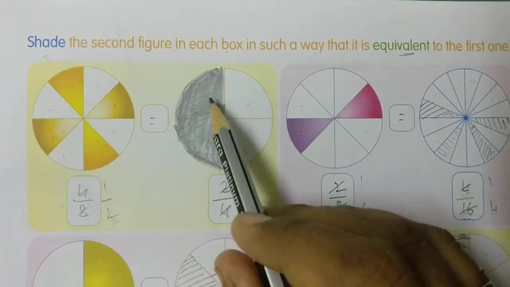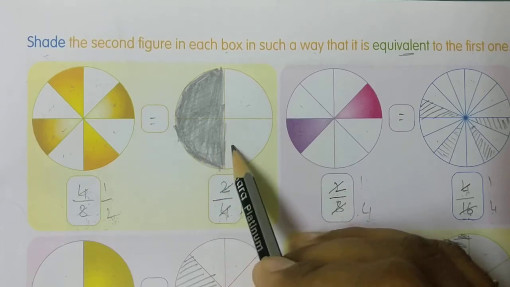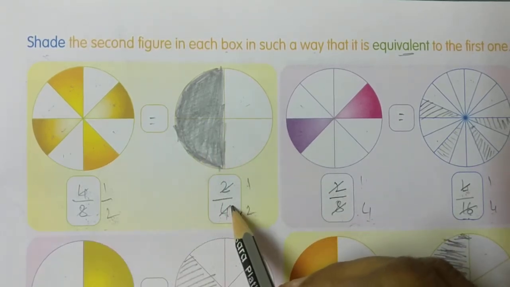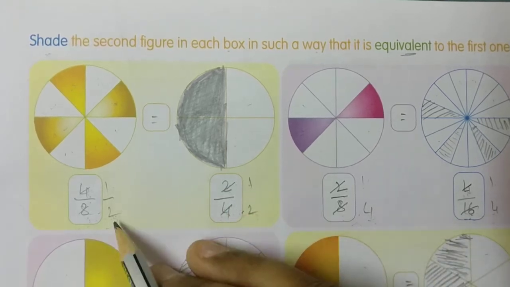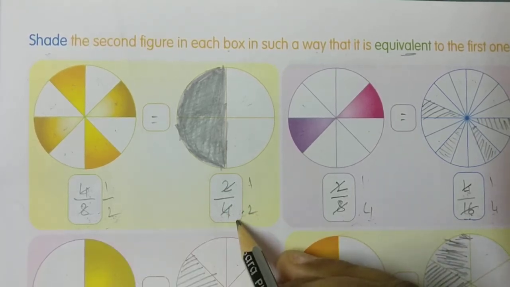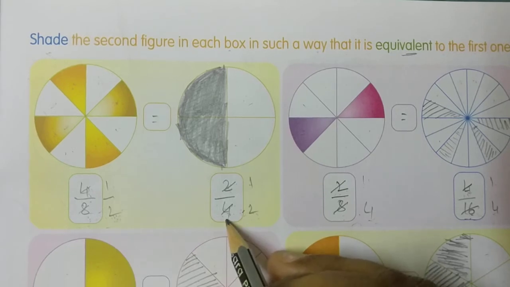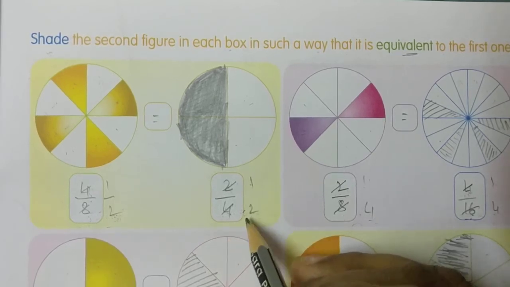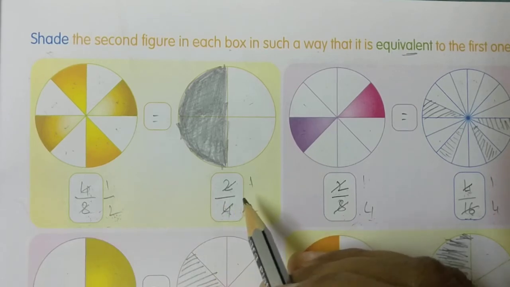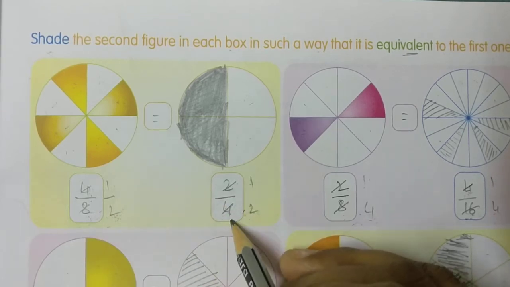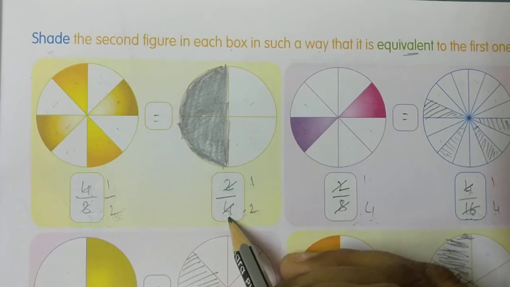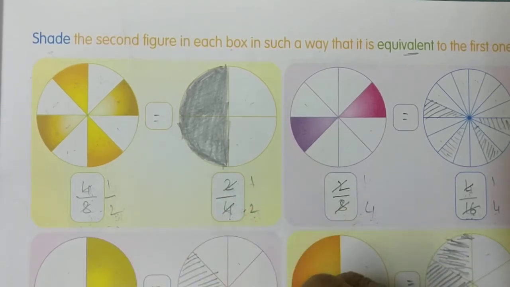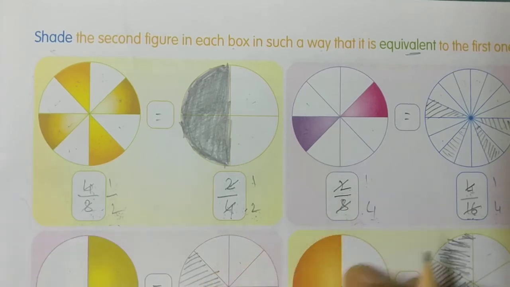So first actually how many parts do you have? 4 parts. So 4. Now by observing the first figure we had to write the second one, Nanna. Here we got answer 2. Here 4. Means in 2 table 4 how many times? 2 times. So we are seeing 2 table, that's why 2 ones are 2. So see how much you got it? 2 by 4. In 2 table 2 one time, 4 2 times. So answer is 1 by 2, 1 by 2. Both are equal or not? Yes, both the sums are equal.